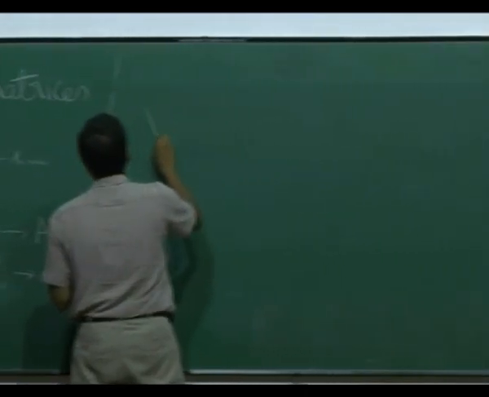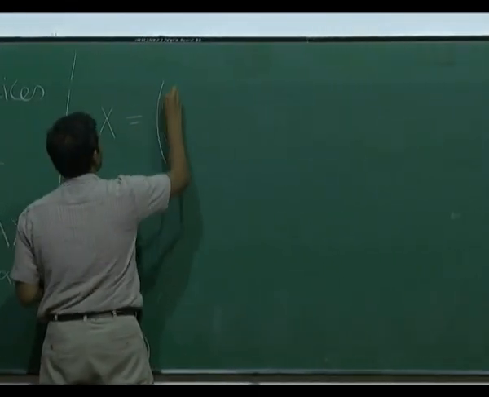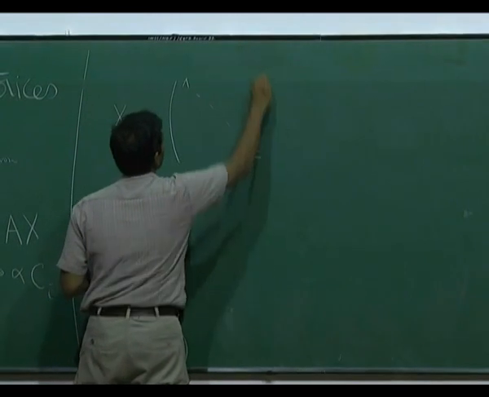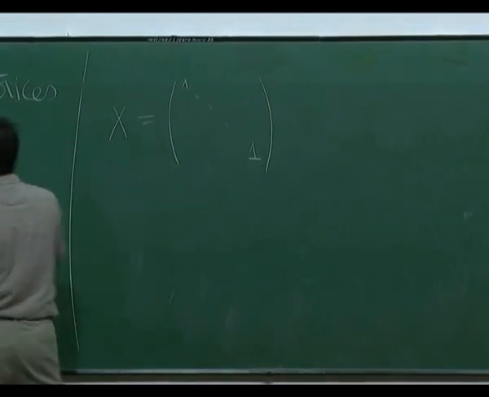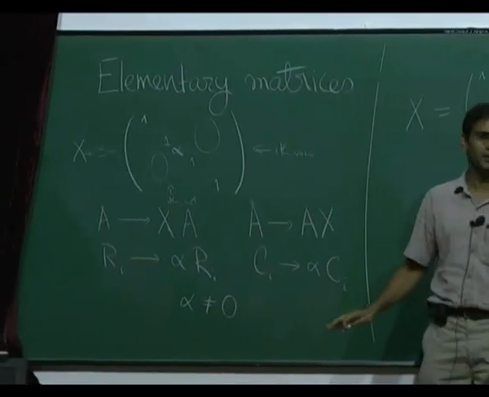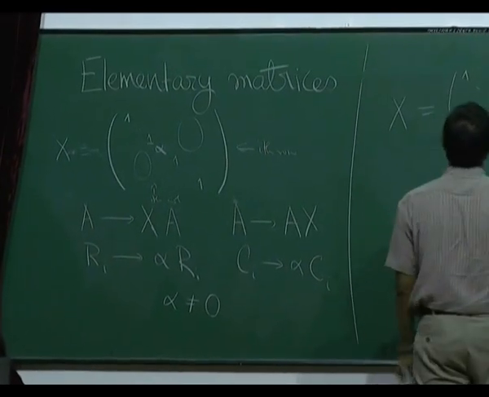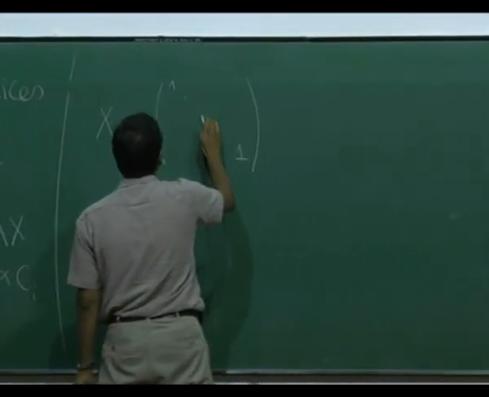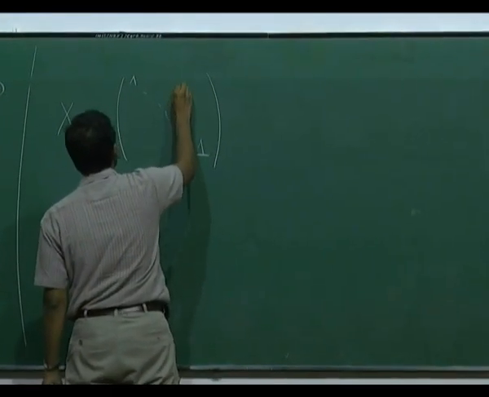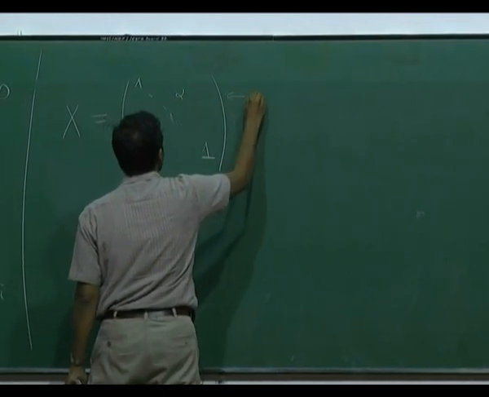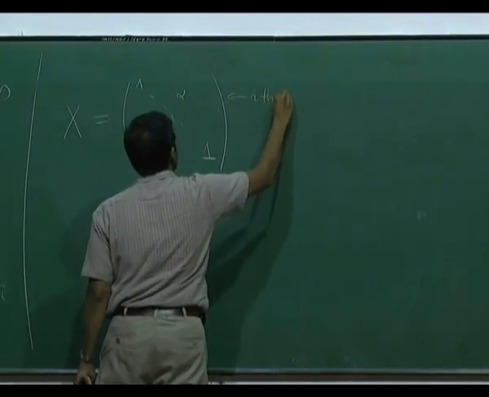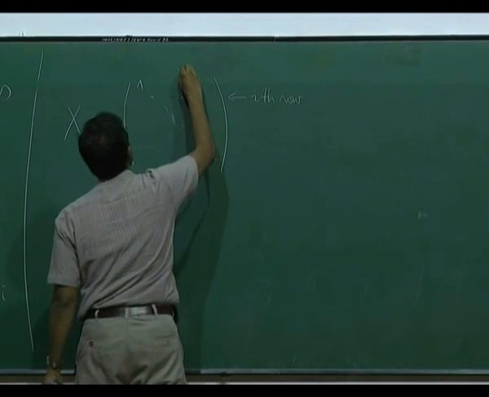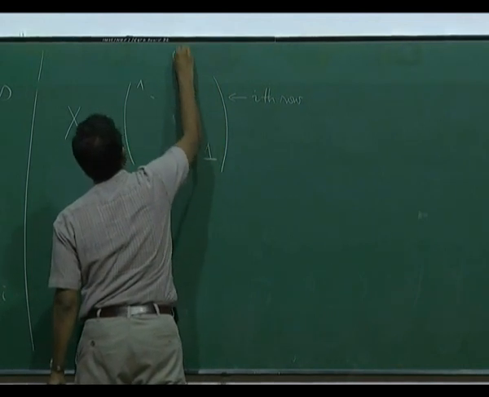Now comes my favorite matrix. Now you just put 1s everywhere on the diagonal. These entries are all understood to be 0. So if I don't write any entries, just assume they are 0. And then everything is 0 except in one place, alpha, which is in the ith row and this is the jth column.